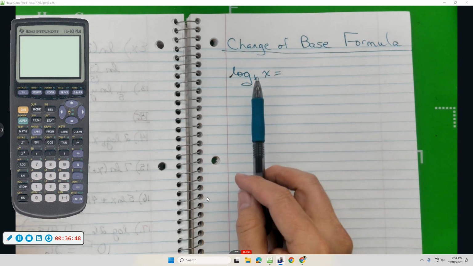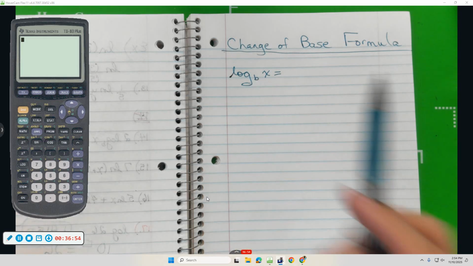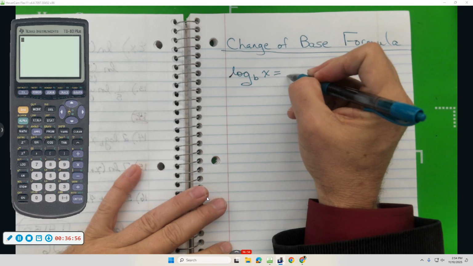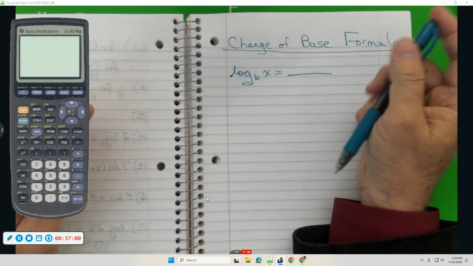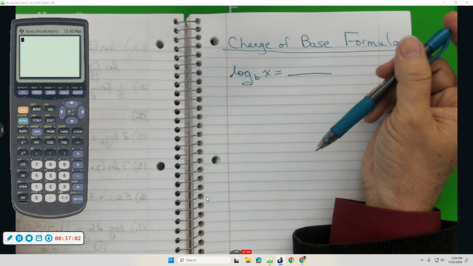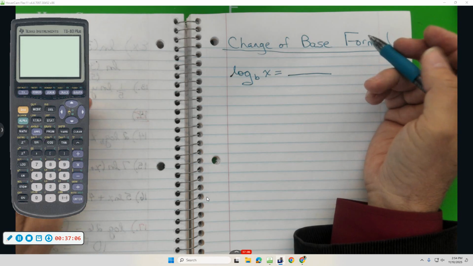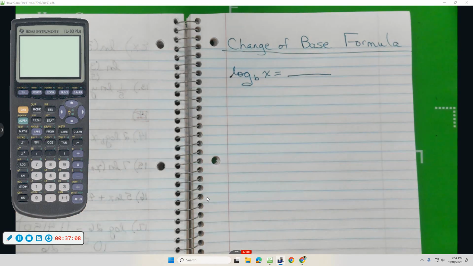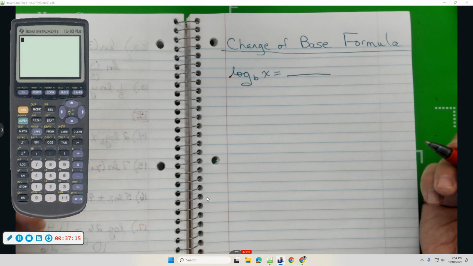You can rewrite this log base b either as LOG or LN so that you can evaluate it using a calculator. It's going to be a fraction. You have to decide what you want to use. Do you want to use LOG or do you want to use LN? I prefer LN. In a business environment and scientific environment, natural logarithms are more commonly used now than